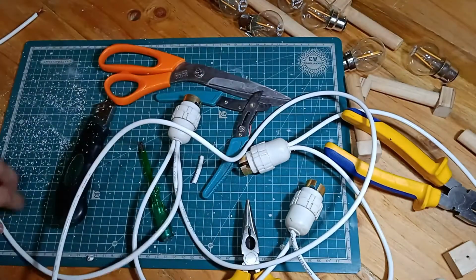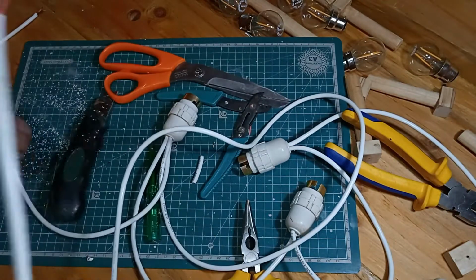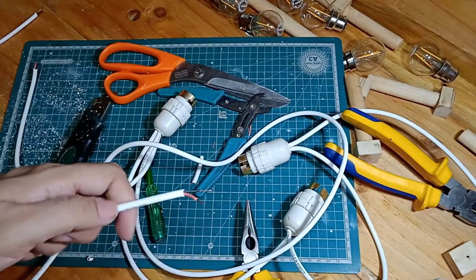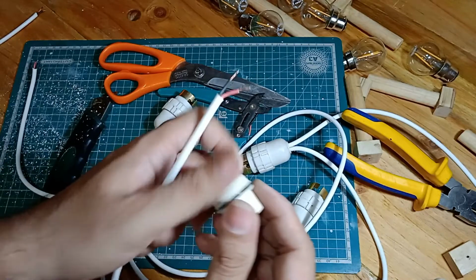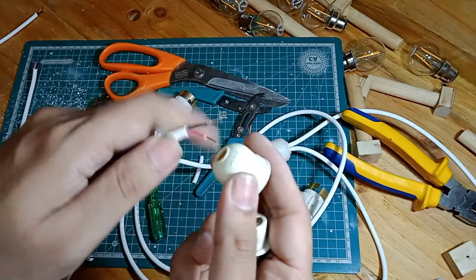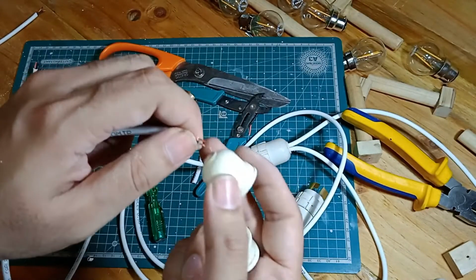So let me connect the other. You know what? Let me first. There's nothing else to do here except connect all the rest of the holders just like I showed you before. But let me connect the supply side. So as I said, this is what I'm using. This is basically the end of a B22 bulb, and we're going to do the same thing. Feed the wires through the hole provided,